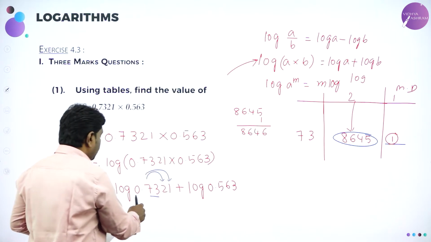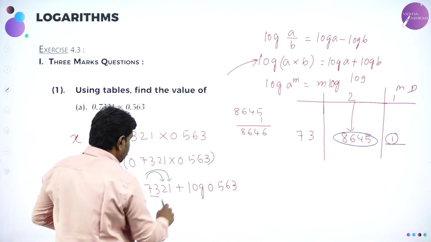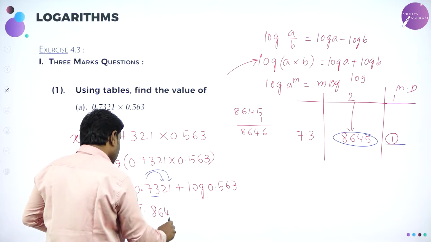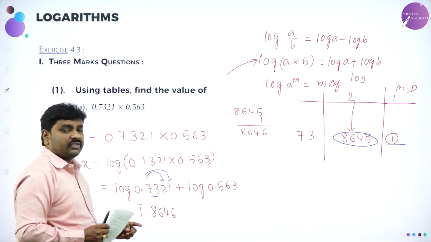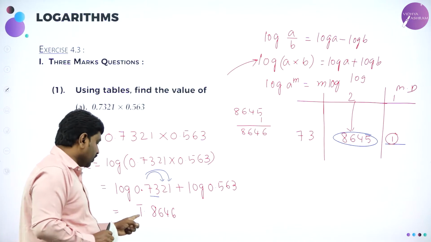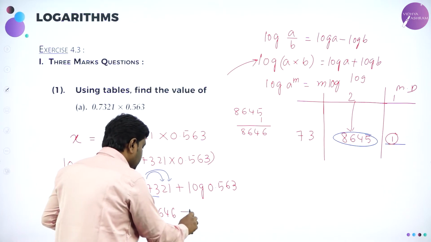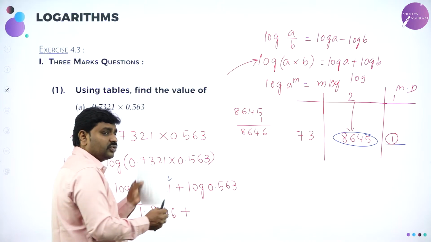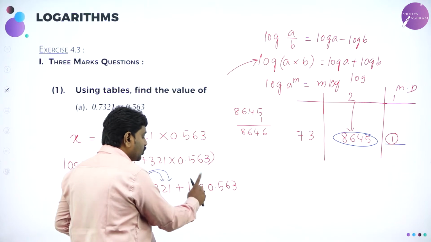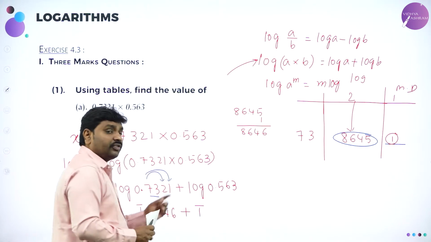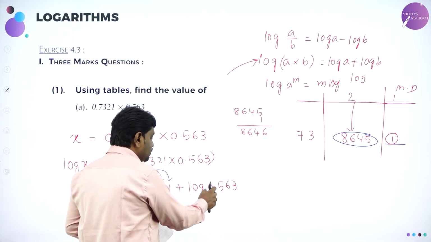So now log of 0.7321 is bar 1 point 8646. Dear students, I found out the log of this. Before the decimal we have 0 digits. 0 minus 1 is bar 1. 0 point 1 0 means we say bar 1 is the characteristic, plus 73 under 2 under 1. Use the log table and find, you will get this. Then again we have 0 point. 0 point 1 0 means bar 1. If you have 0.0, then we'll say bar 2. So this is bar 1 because 0.10 is there.